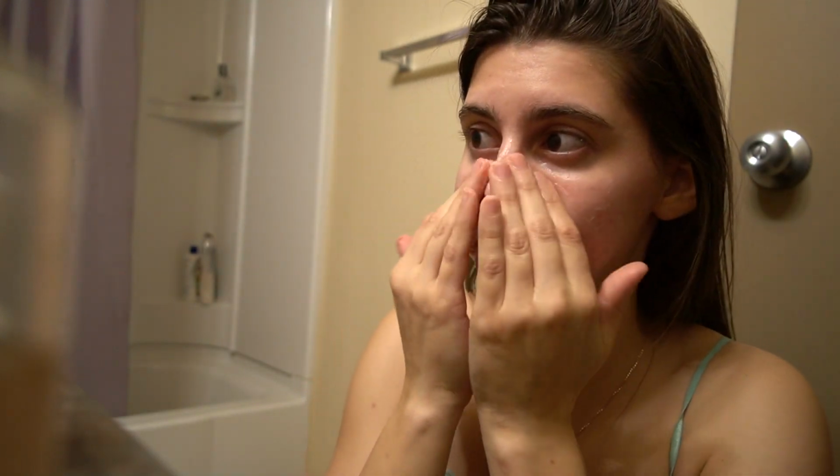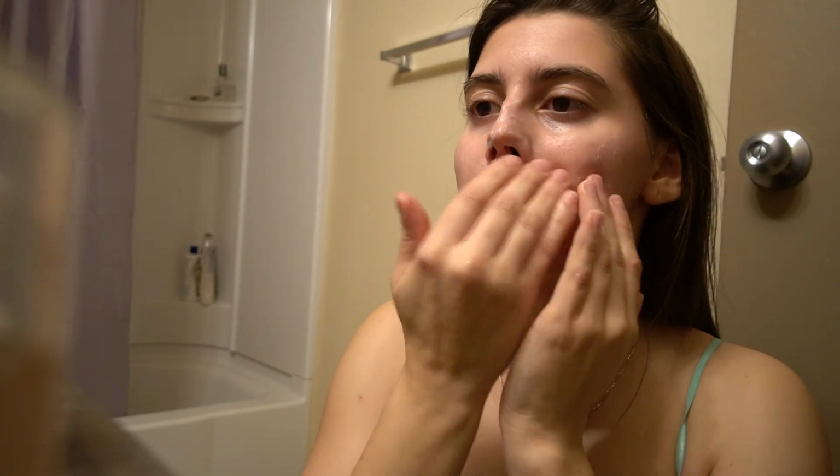because once you use this as a cleanser and wash it off, your skin is so moisturized. I feel like I forget to apply moisturizer or any skincare afterwards. This cleanser is so moisturizing that it almost acts like a moisturizer, but this also has hyaluronic acid in it and some aloe. So it's very moisturizing and very healing to the skin, and you can definitely use this every morning and night